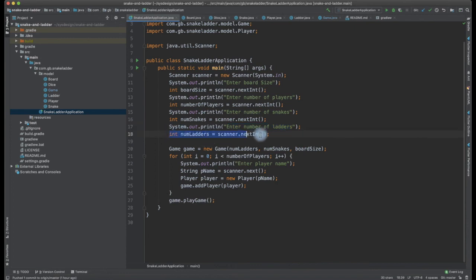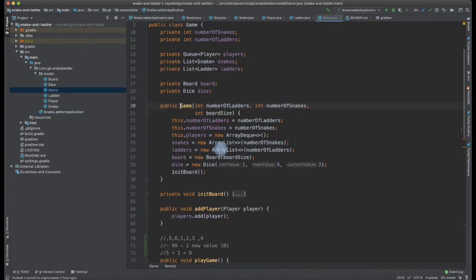So we are accepting the number of ladders. For this code, I have got the input. I'm initializing the game with the number of ladders, number of snakes, and board size. While we initialize the game, we are initializing the array list of snakes, and the array list